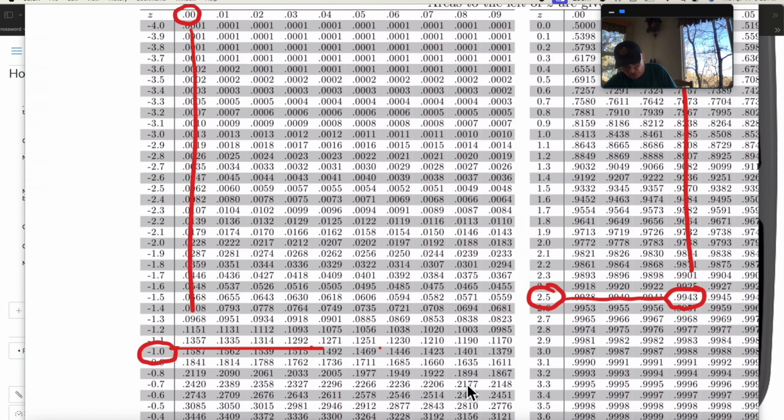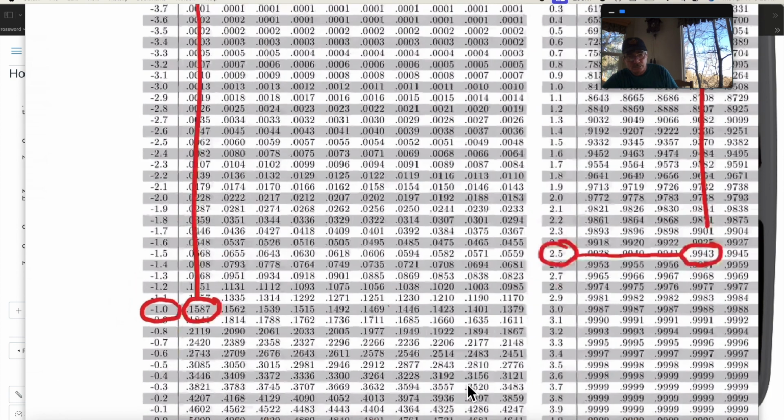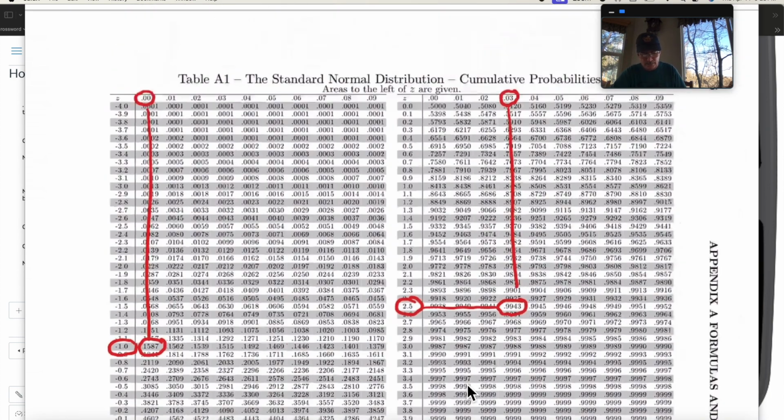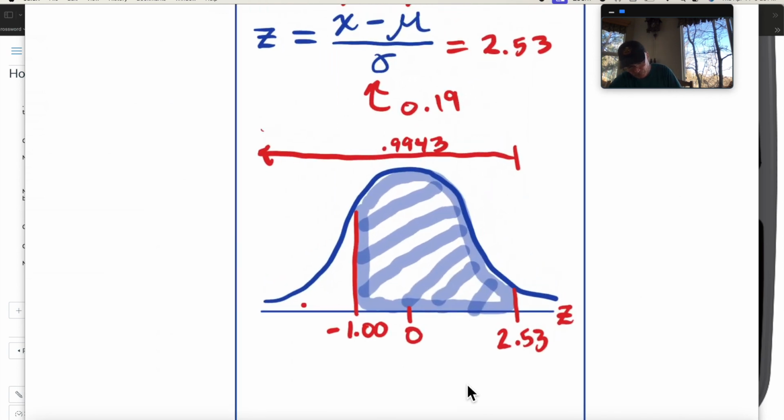So we're going to come all the way down. Little glitch, pardon that. Okay, so here's negative 1.00. So you get an area of 0.1587. So I'm going to go ahead and put that in. I think I'll just put it in under the tail,